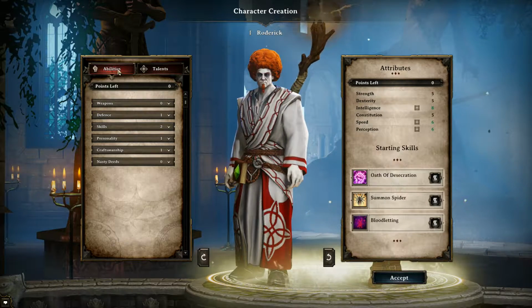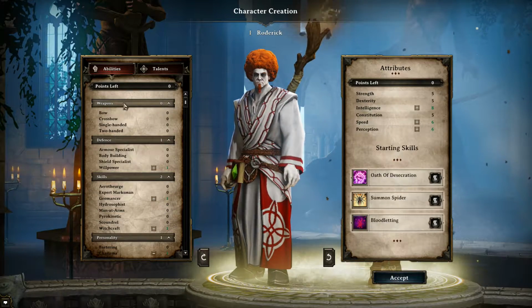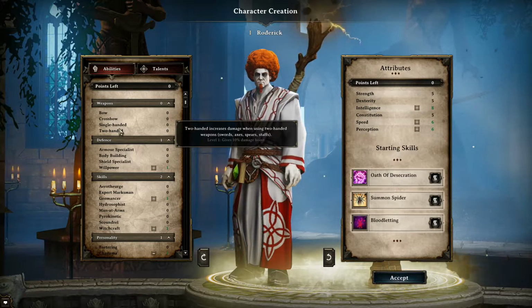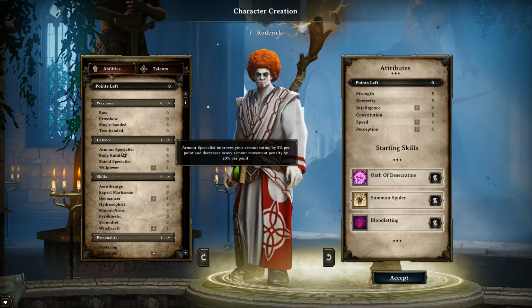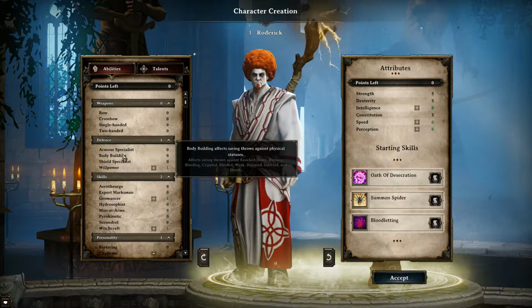Okay, on the right hand side you've got abilities and talents. Abilities, there's a fair few of them. It's split up into weapons, so you have your bow, crossbow, single-handed and two-handed. Level 1 gives a 10% damage boost and it goes up from there. Defense, armor specialist, improves your armor rating by 5% per point and decreases heavy armor movement penalty by 20% per point. Bodybuilding,